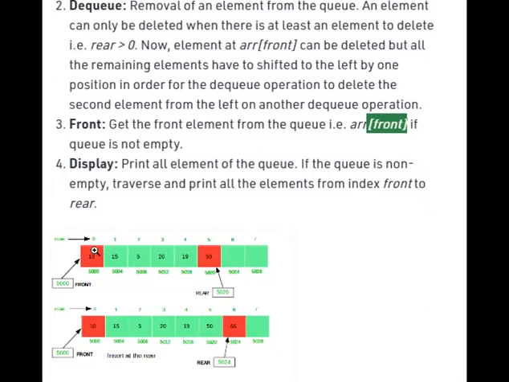After inserting, if the queue is full, we can't add any more elements, so the existing elements need to be removed. From the front part, we delete the element in the queue. This is the process we follow for performing queue operations using an array.